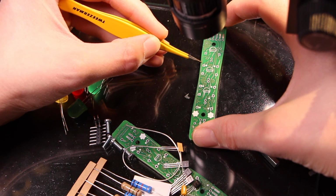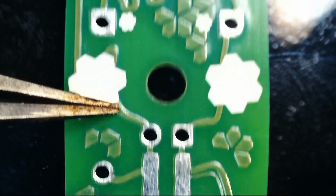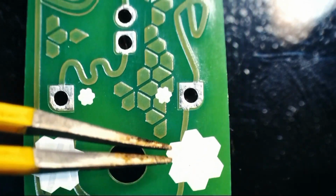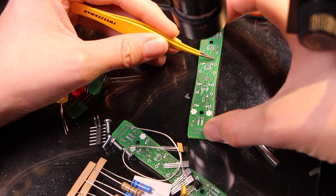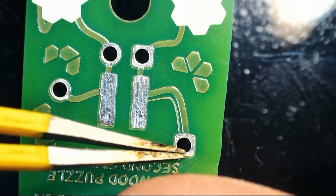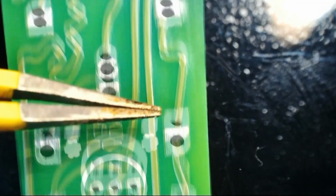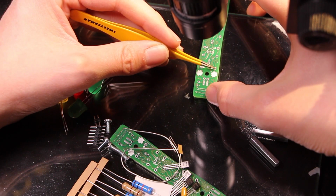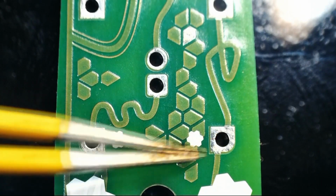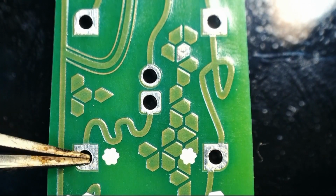So far, this trace on the left has just been a common source for all the transistors, and that goes here. So it would make sense for this to be like a negative battery terminal. Let's see, what if this is positive battery? Whee! All the way around here. So those will connect vertically through a bunch of resistors to the other board. Those resistors will end up in parallel, and you'll be joining the positive rail of this board kind of loosely with the positive rail of the other board. Unless you flip the two so that this is going to this on the other board, that might make more sense. If the two are flipped relative to each other, this one's connected to that on the other board via a resistor,